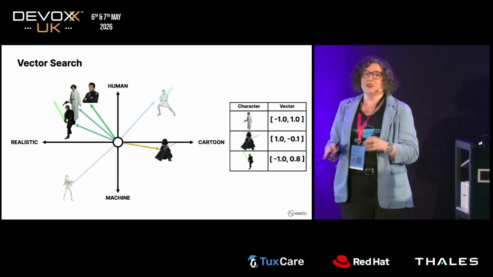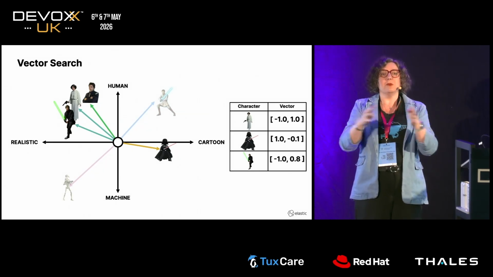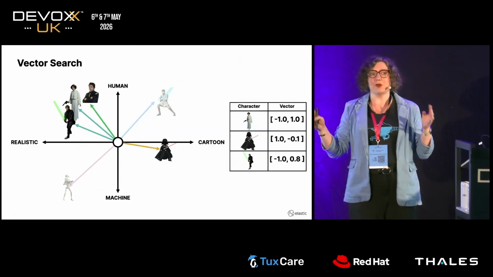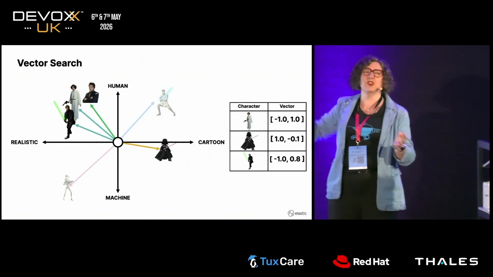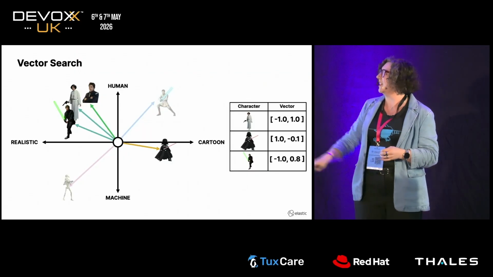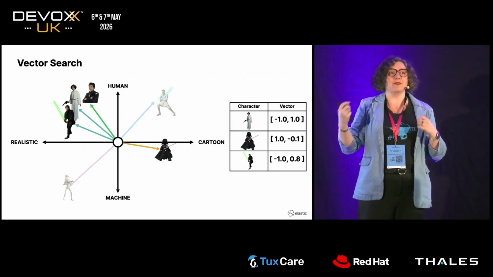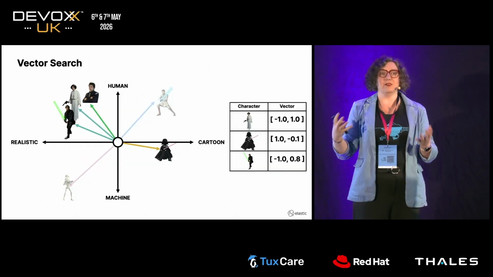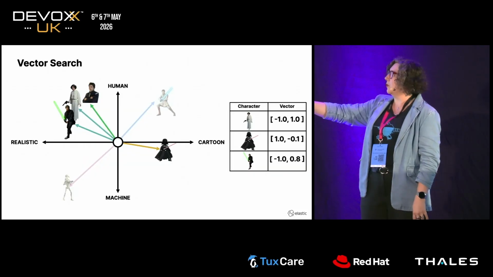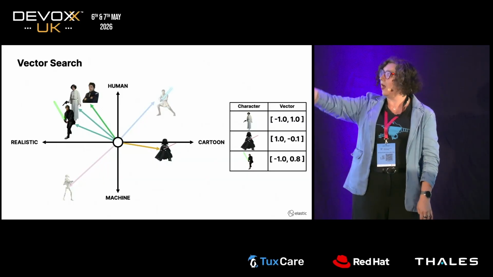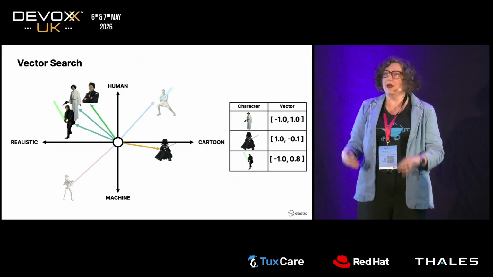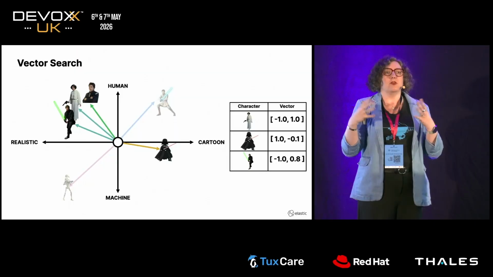So vector search is basically where we generate a stream of numbers known as an embedding or a vector. Simple one like this. Nah, they're more complicated than this. They're typically of higher dimensionality. And each of these numbers represents a feature within that particular piece of data. So in my example here, I've got a two-dimensional vector space based on realism and, obviously, human versus machine. So we generate this vector space for all of our documents.